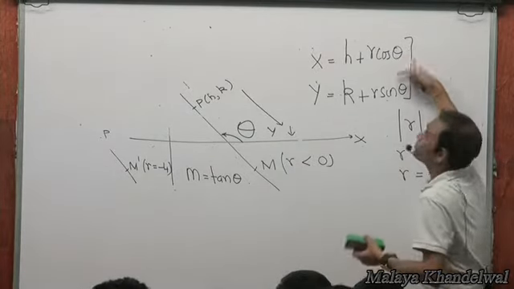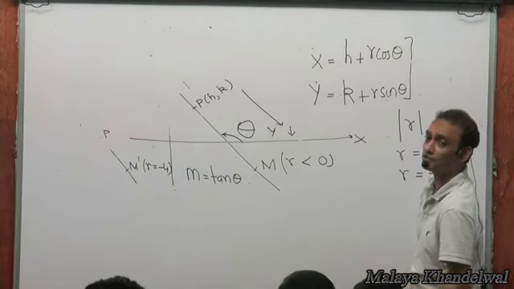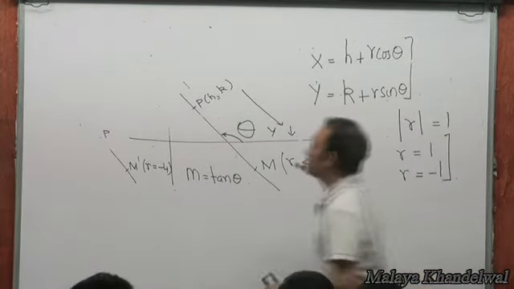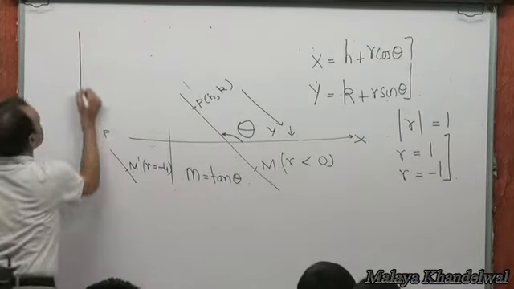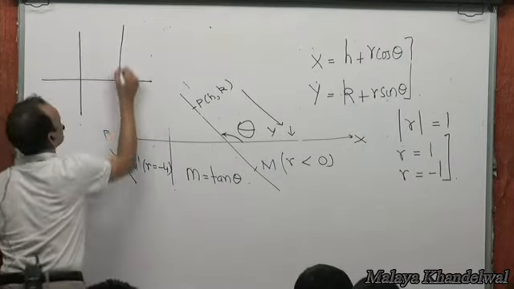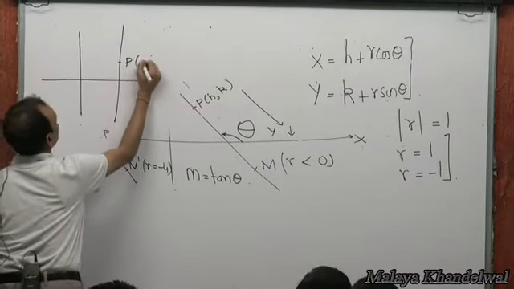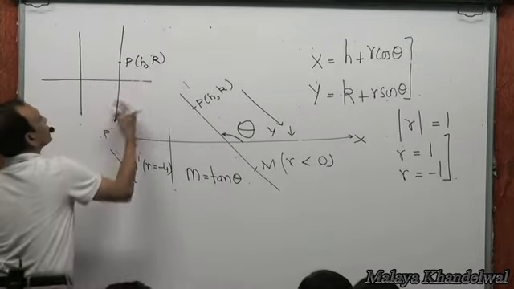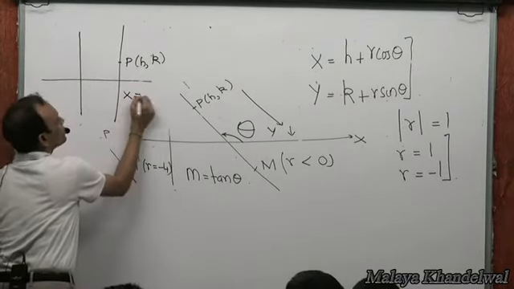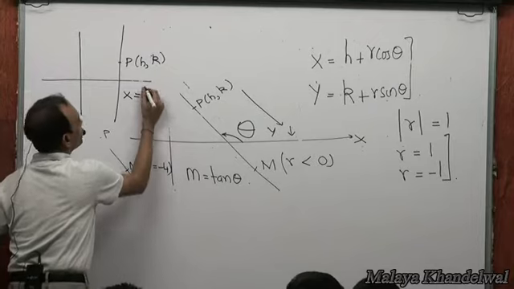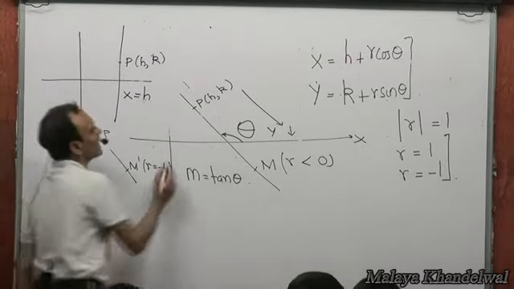If theta is 90, put theta equal to 90. What is the problem here? See, if theta is 90, then you don't have to do all this at all. Say if theta is 90 and there is a point P, (h, k). Then this is like x equal to constant. All points on this will have x equal to h. That will be the equation of this line.